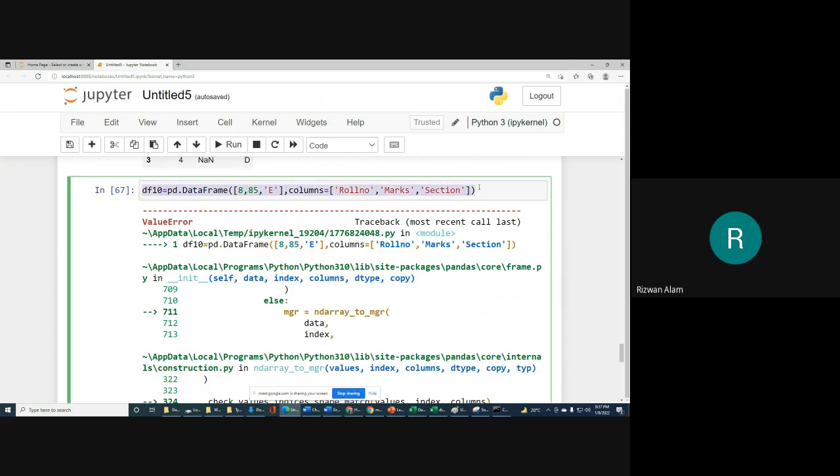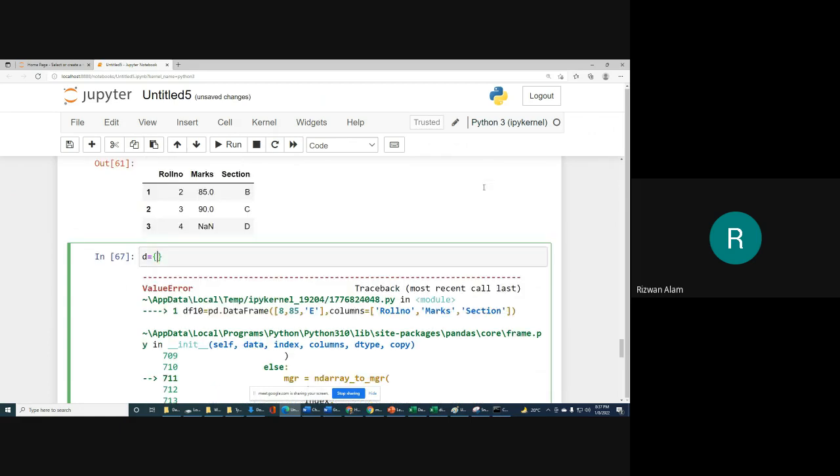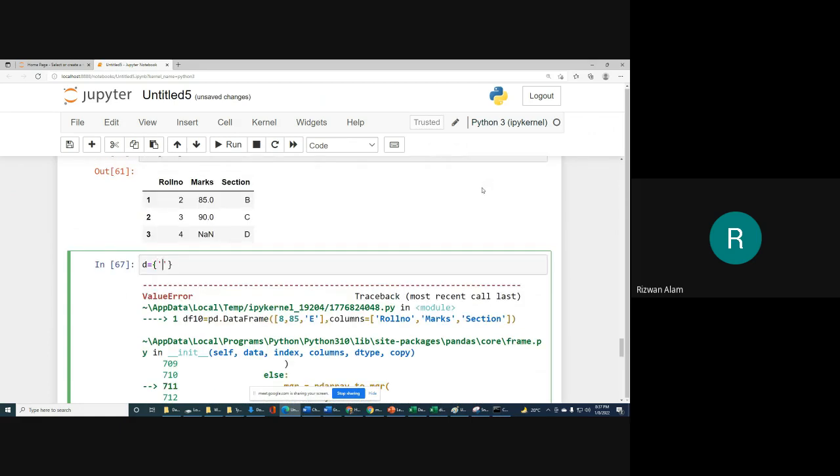So what we will do, simply a dictionary we will use, and in that dictionary for roll number we will write roll number as 8, and marks we will write, for example, 90, and in section we will write as B. Okay?